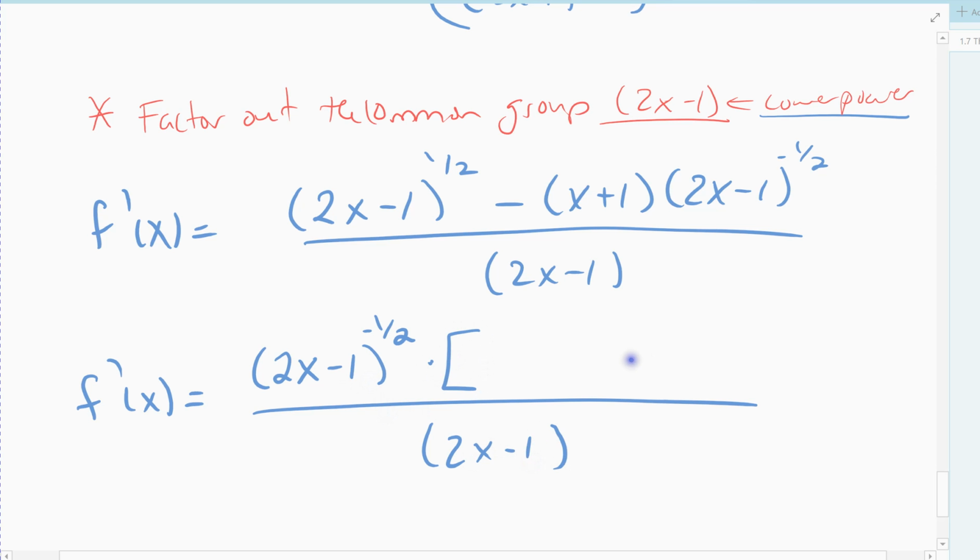So it's actually easier to talk about the second term first. All right, we're going to do that one first. So I pulled out the 2x minus 1 and negative 1. That group's gone. I factored it out. Pulled it out to the front. And so in the second term, all I'm left with is the negative 1 times the x plus 1. If you remember my statement before, there should always be one of my groups left over. And there is. In this first term, I'm pulling out a negative 1/2. Well, it's a positive 1/2. So when I'm pulling it out, I'm dividing by that. And so really I'm taking a positive 1/2 divided by a negative 1/2. And so what's left over